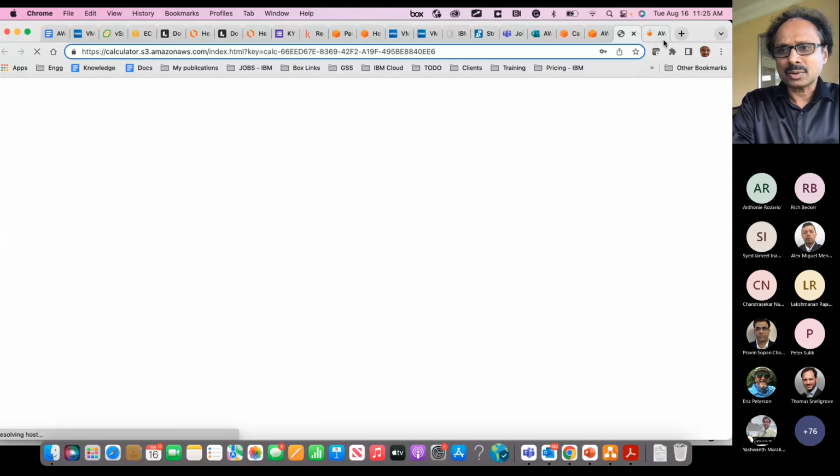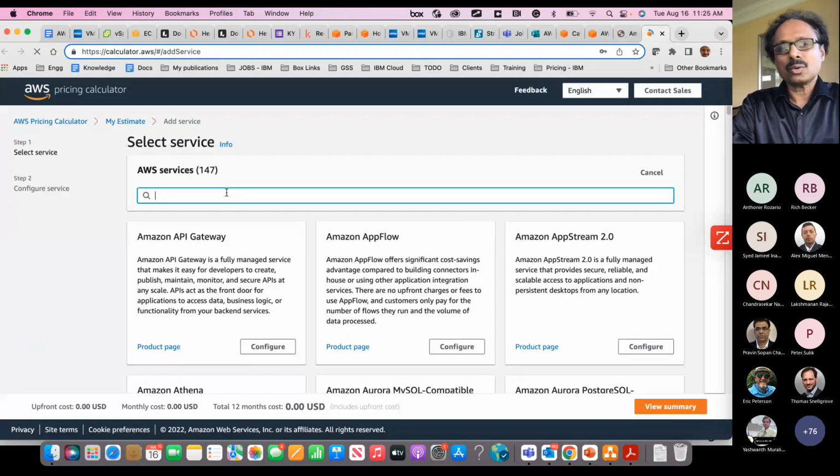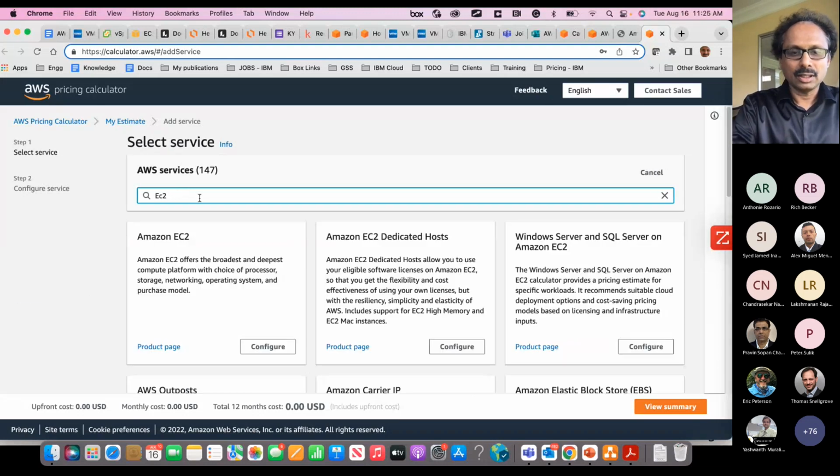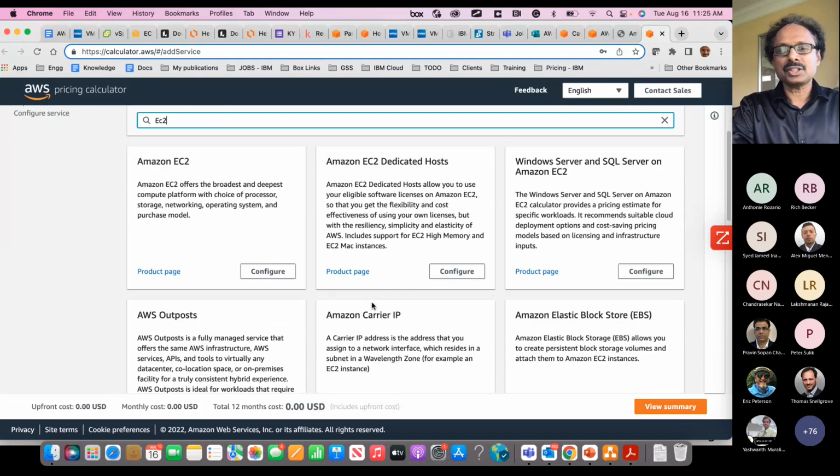Let me know if you have a specific question about them. For example, if you want to cost out an EC2 instance, you go to the calculator and say you want to price it out for EC2. You just type EC2 and press enter. It will show you what kind of EC2 instances you want pricing for.